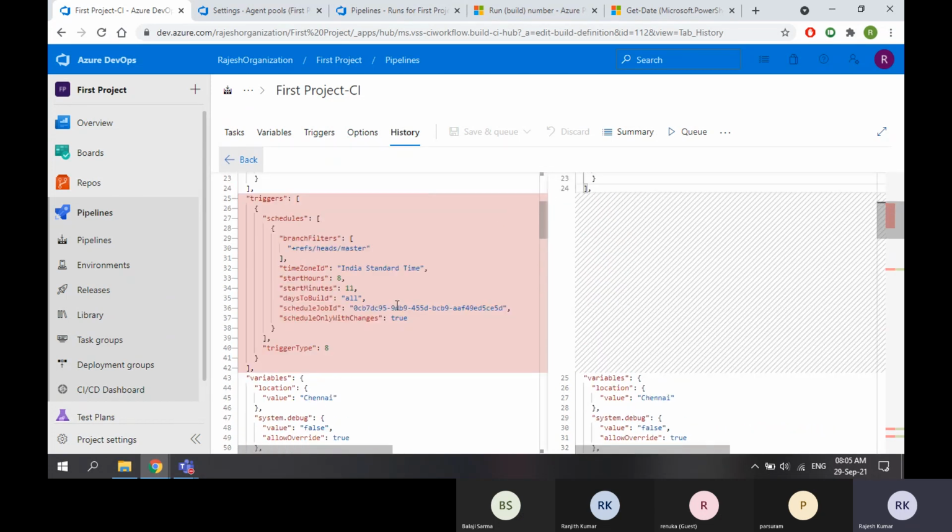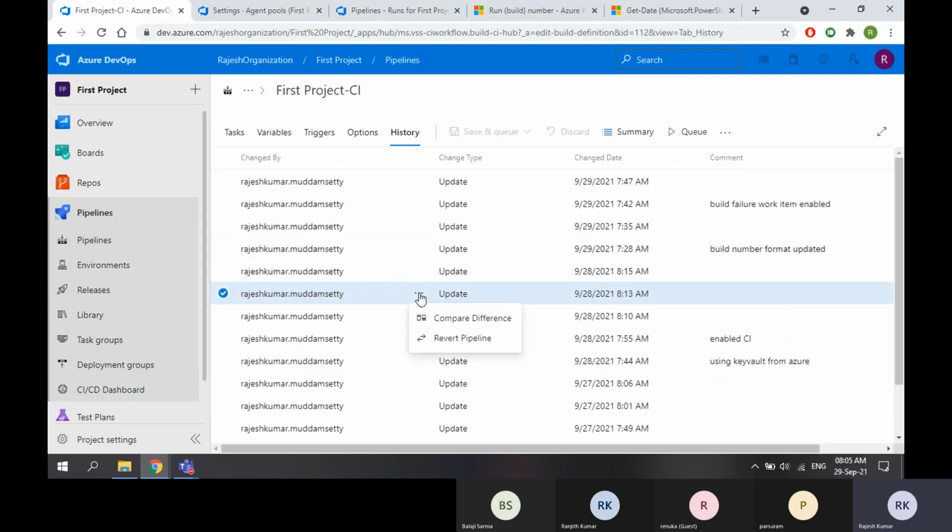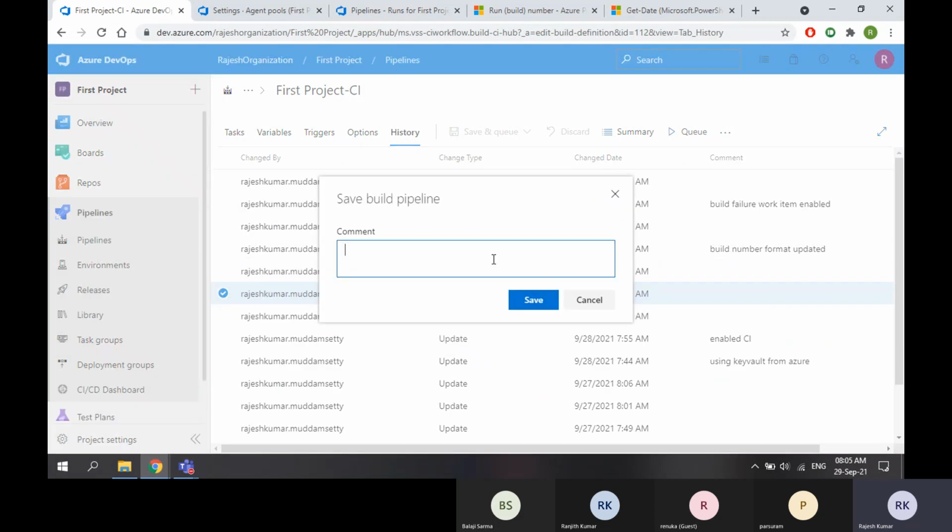In this case, the variable group is linked. Now what I will do is go back and revert the pipeline to the previous version. Save.